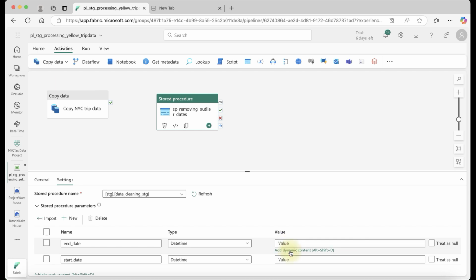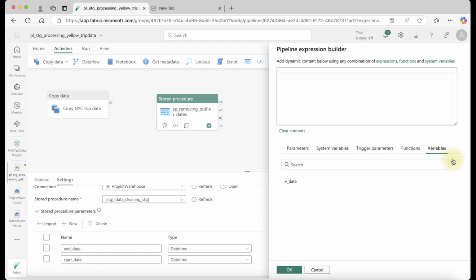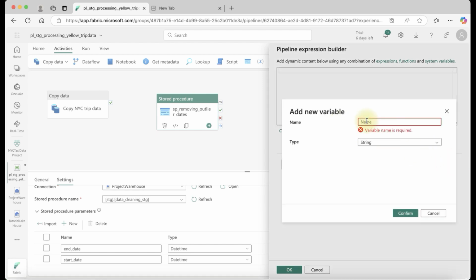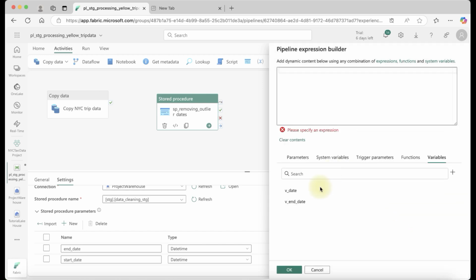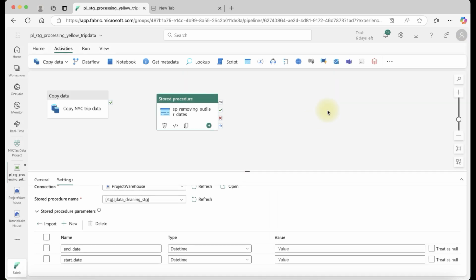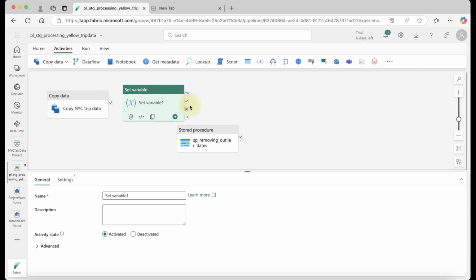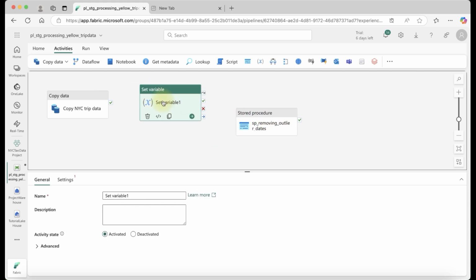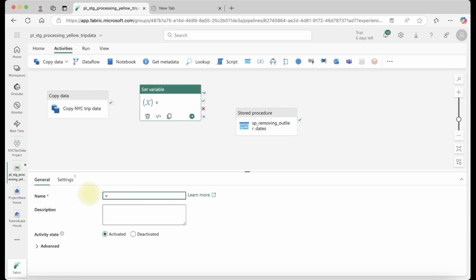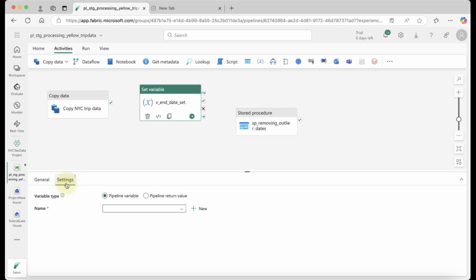So let's make this dynamic. Click add dynamic content, and let's create a variable, for example v end date. Let's create it as a string first, and set this end date as a variable. You can see in control flow the set variable activity. Let's set the variable and define a value for end date. Name it v end date set. Let's go to settings and use the variable v end date, and the value should be